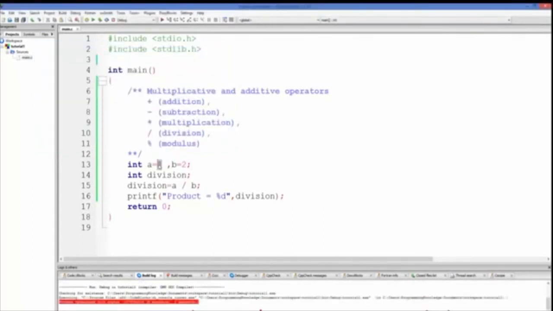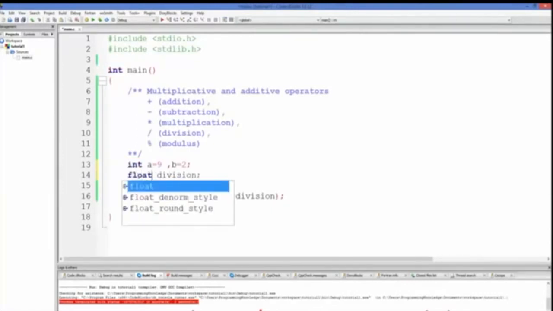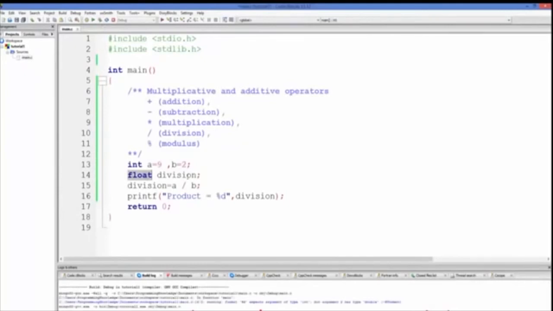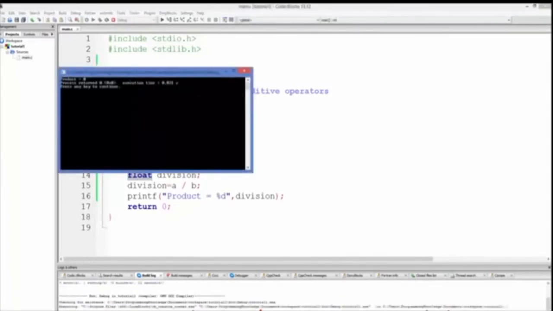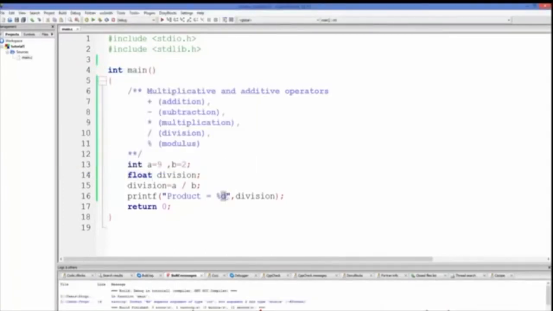But whenever, for example, I have 9 and I want to divide it by 2, and by the way, these are integer values, so let's change it to float. 9 divided by 2 is 4.5, so that's why we will save it in float variable. Compile and run the program, and it will give us the value. Let's see what value it gives us first of all, and it gives us 0 because we haven't changed this thing,